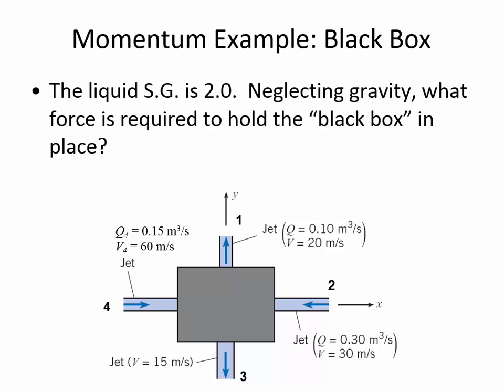sort of refresh our idea about how to solve momentum problems by looking at this black box. There's something going on inside of the black box that is changing the direction of the flow streams. And from the perspective of the forces required to hold the system steady, it doesn't matter what's happening inside of the black box. It may be that somehow the jets are running into each other in a magical way, that these two streams coming in then deflects it coming out. Obviously, it's not going to be magical. There's probably a series of vanes or valves in there that's redirecting the flow. And so it doesn't matter if it is a vane or a nozzle or whatever the case may be, but